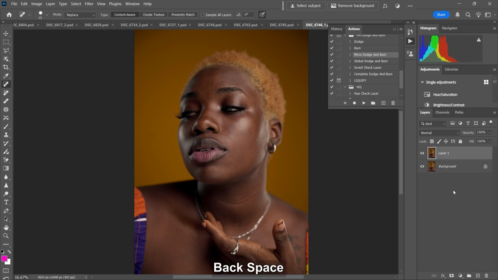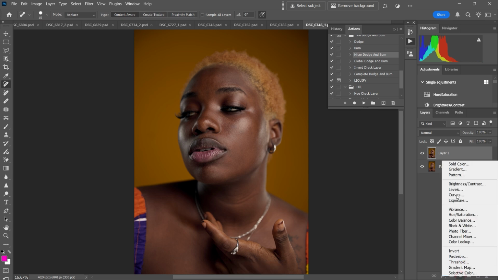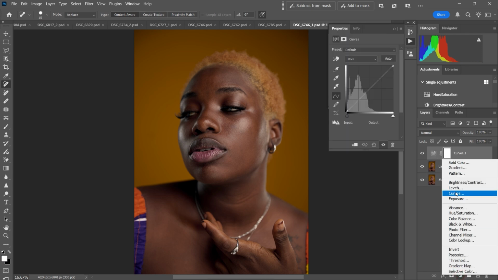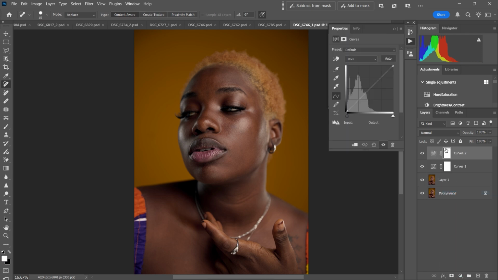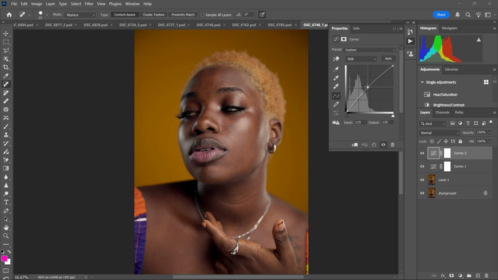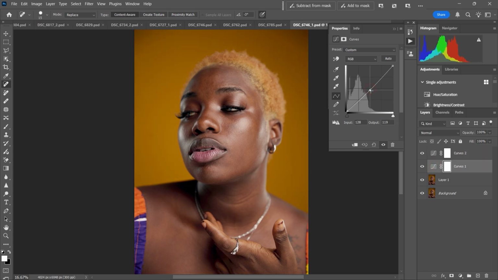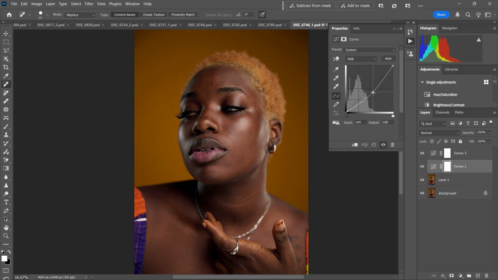So I'm going to delete this. All you have to do is go to your adjustments and select curves, 2 curves. So the first curve is for your burn and the second one is for your dodge. So here I'm going to just take this from the center up a bit around this area, and the next one I'm going to go to my second curve, bring this down